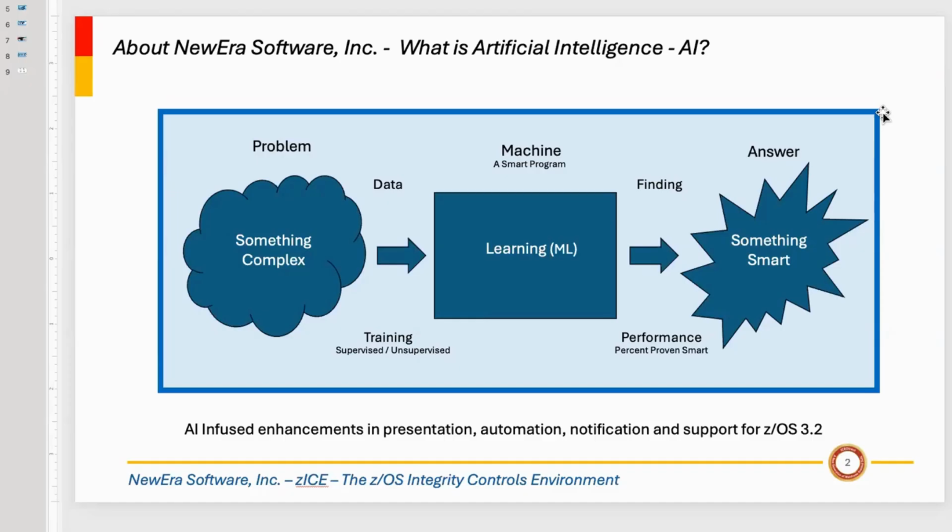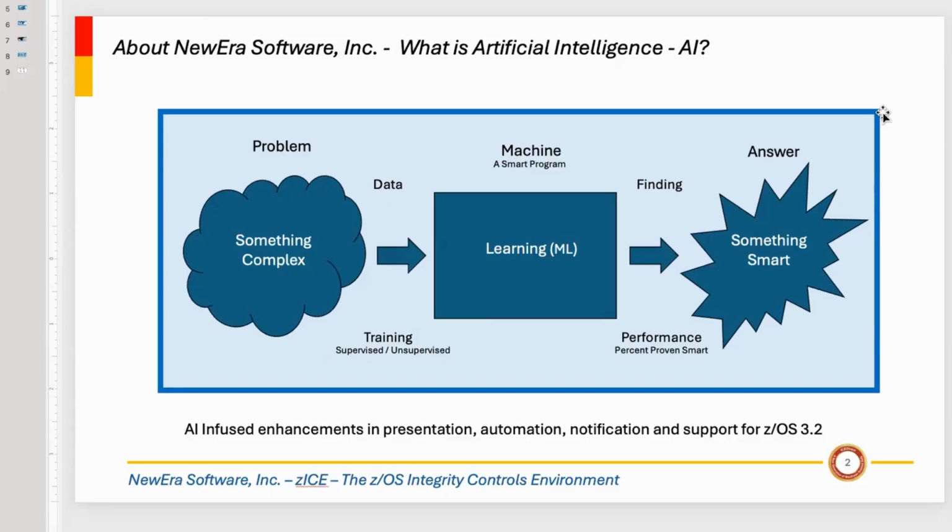And there are a number of different methods that can be used for that training. It could be supervised, that is, somebody's watching it very closely and implementing all the rules and other constructs that are necessary for it to perform its task. Or it could be unsupervised, which essentially means it's training itself. It's training itself to understand huge, large amounts of data in ways that sometimes are just not clear to us